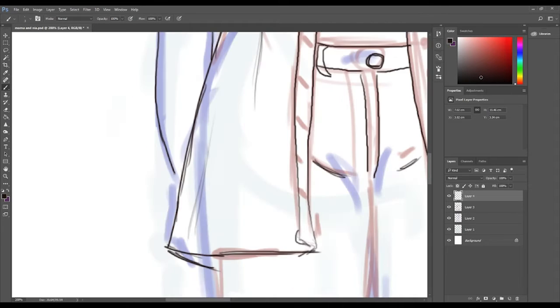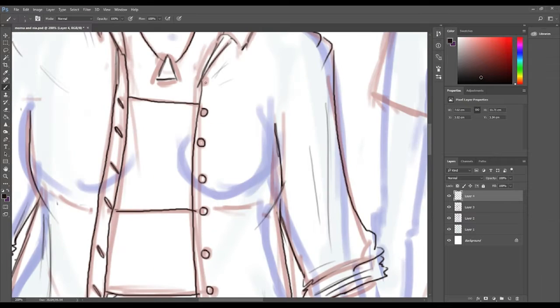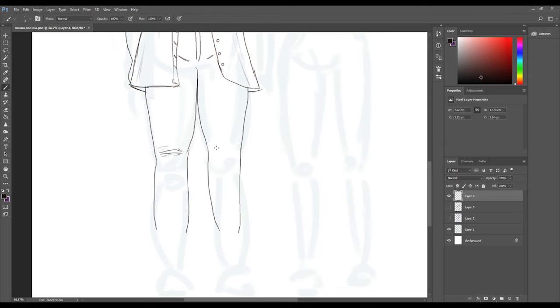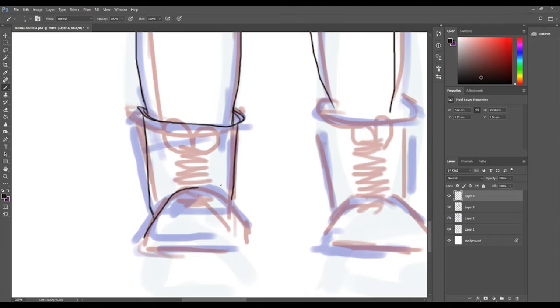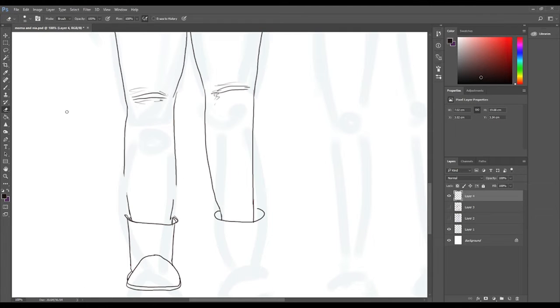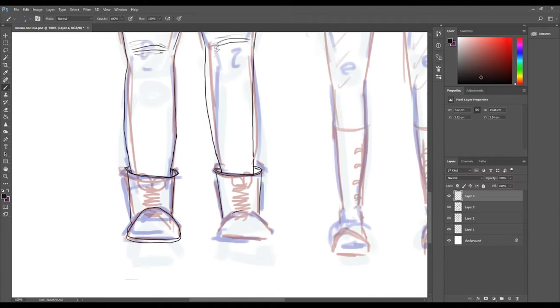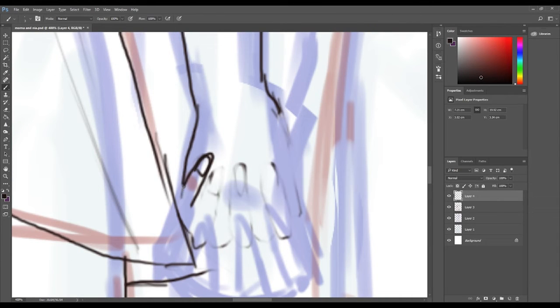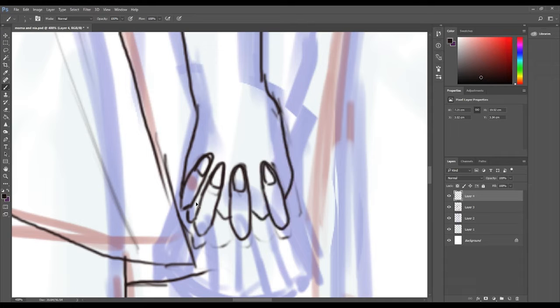A lot of the stuff with this painting was me just experimenting. I haven't really done digital art in a long time. This is the first time I've done digital art probably since my Kayleen speed paint. A lot of the work that I do now is in my sketchbook, and I say work, I mean I just sketch. So I haven't really been practicing digital art, but because of all the sketching that I've been doing in my sketchbook, and there will be a sketchbook video being uploaded very soon,